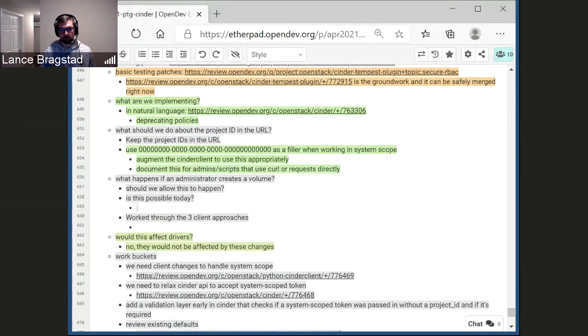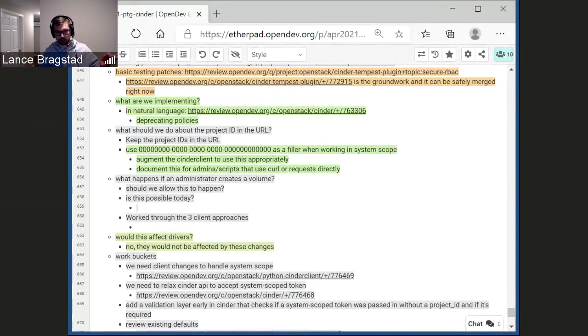So once the client bits and the API bits are in, I think we could probably revisit those. And then, for example, changing the volume API so that I can, as a system administrator, extend a volume for somebody in a project if I had to, or I could delete a volume for somebody. Like I could go clean it up using this new method where I'm setting this pass-through header.